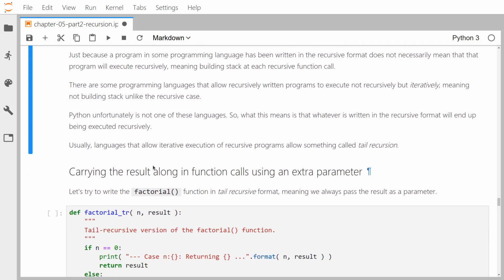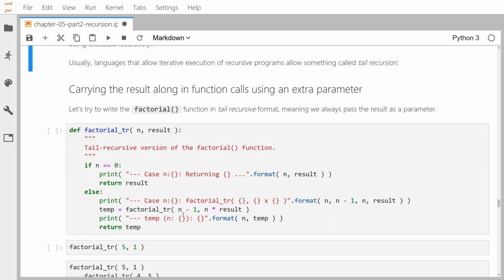But some other languages, such as Scheme, allow for what's called tail recursion. So if you place your recursive call at the very end of your function, then it will not build stack. But unfortunately, Python doesn't allow for tail recursive calls, but we can at least show how we would implement the factorial function to enable a tail recursive execution. Nevertheless, the implementation I'm just going to show you is tail recursive, but it's still going to be running recursively as before. And the trick is that